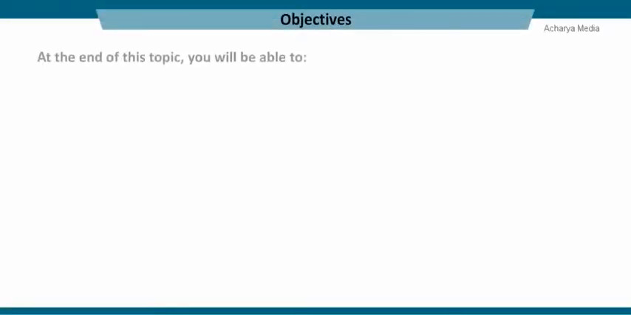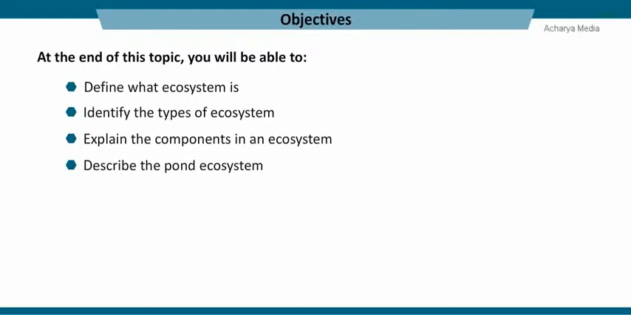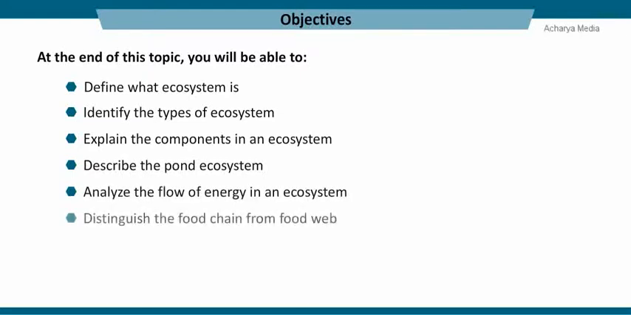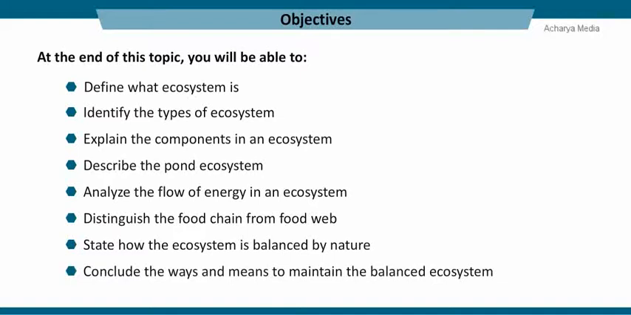At the end of this topic, you will be able to define what an ecosystem is, identify the types of ecosystem, explain the components in an ecosystem, describe the pond ecosystem, analyze the flow of energy in an ecosystem, distinguish the food chain from food web, state how the ecosystem is balanced by nature, conclude the ways and means to maintain